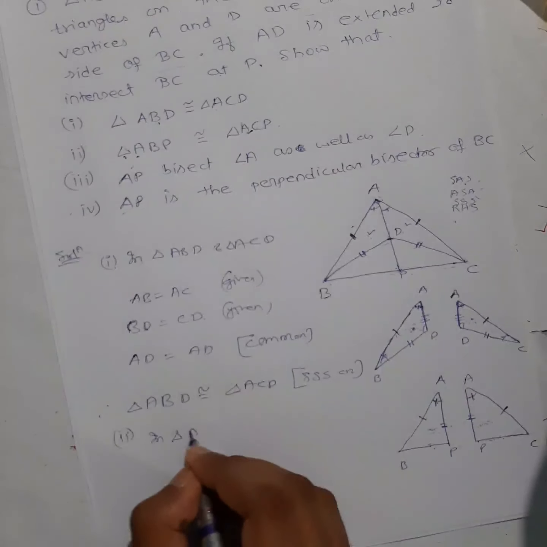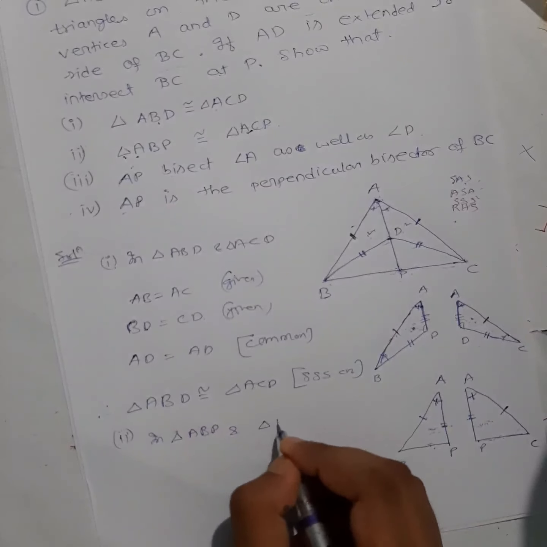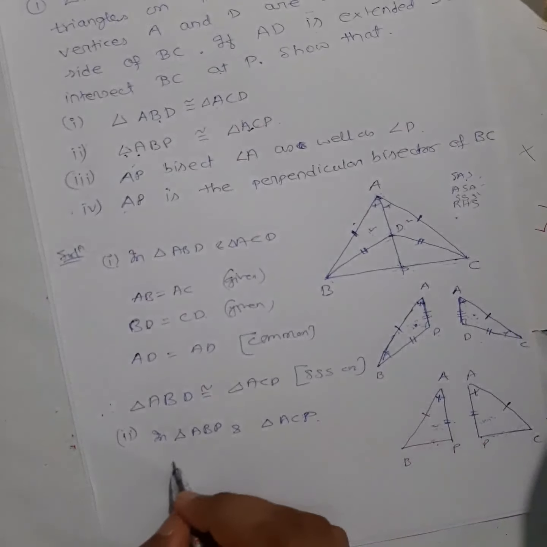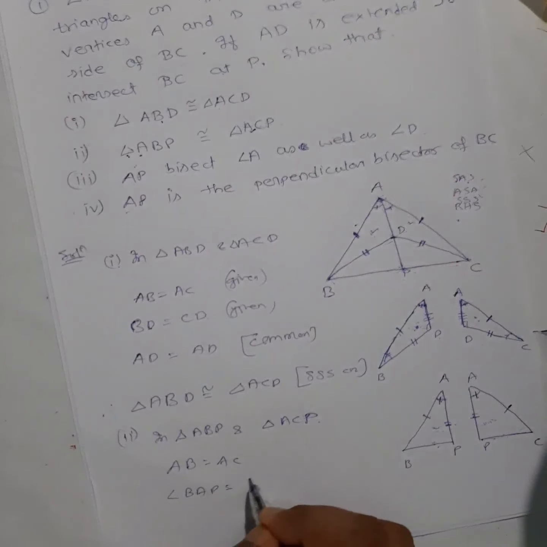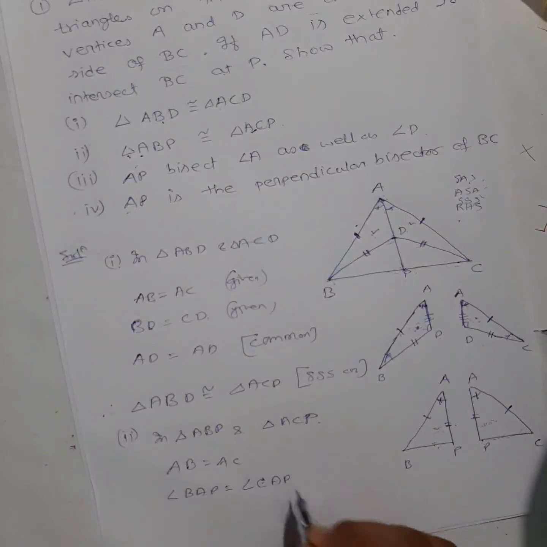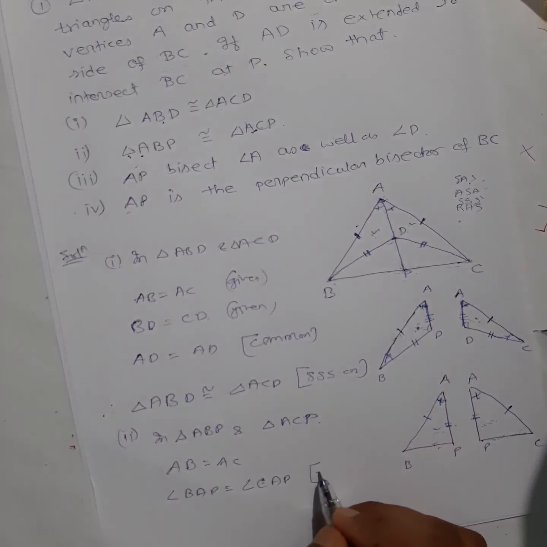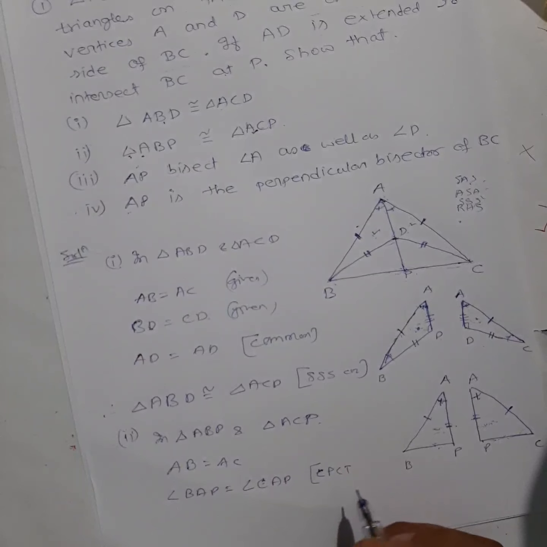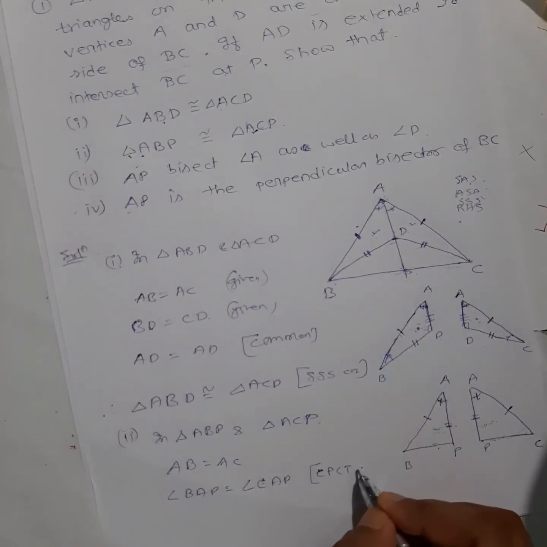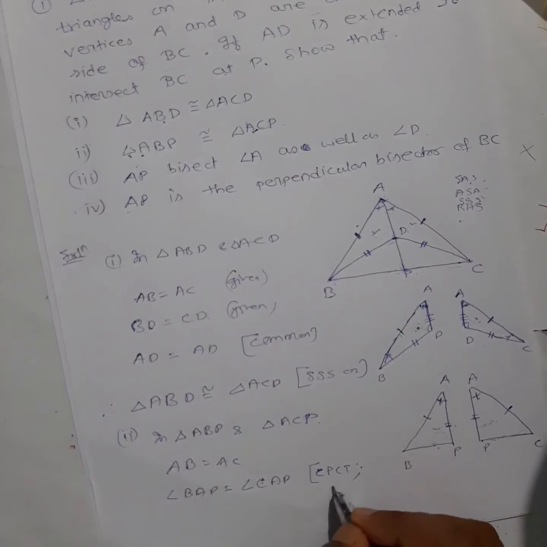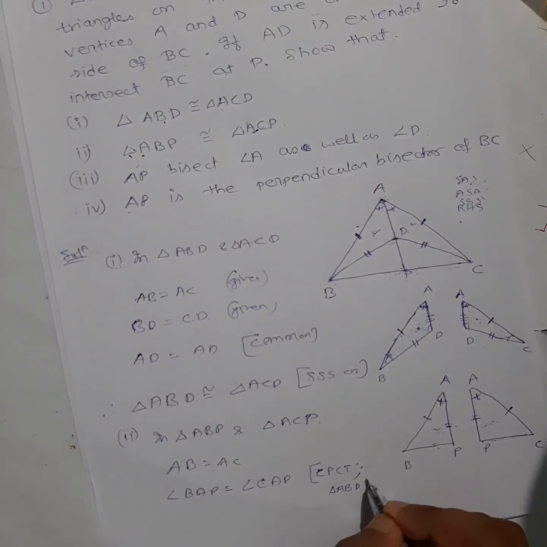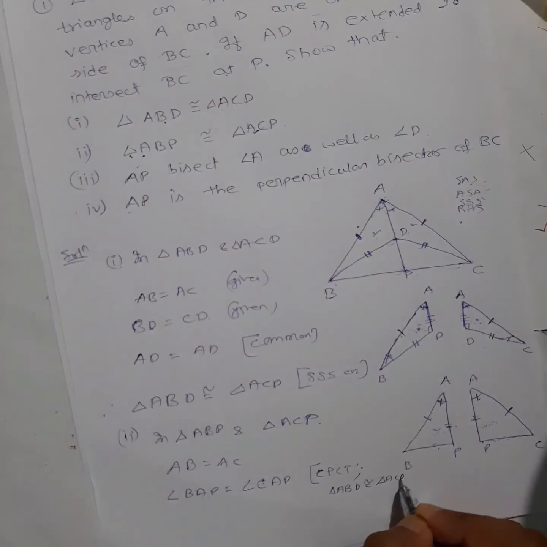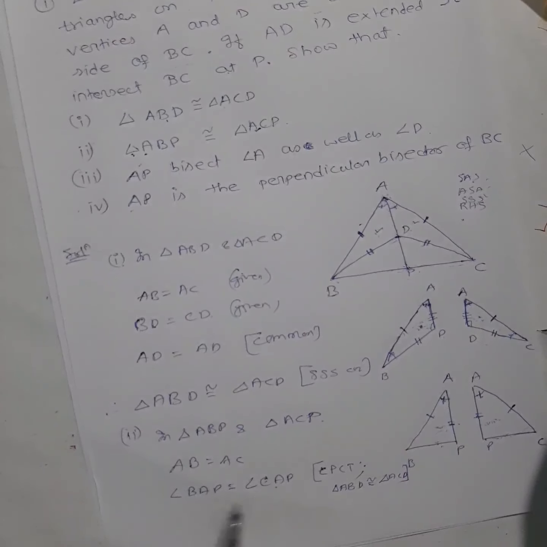So in triangle ABP and triangle ACP, what can I write? AB is equal to AC, angle BAP is equal to angle CAP, this and this. Why? Because, let me write, CPCT, corresponding parts of congruent triangles. Let me write down here triangle ABD congruent to triangle ACD, so that you will understand from where we got this angle equal, because we have